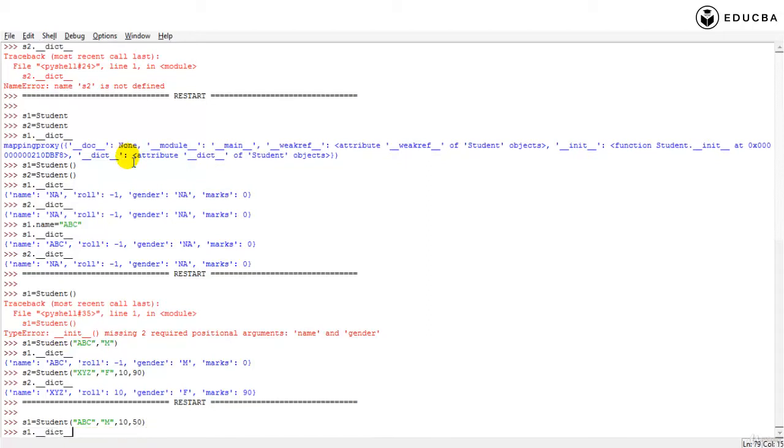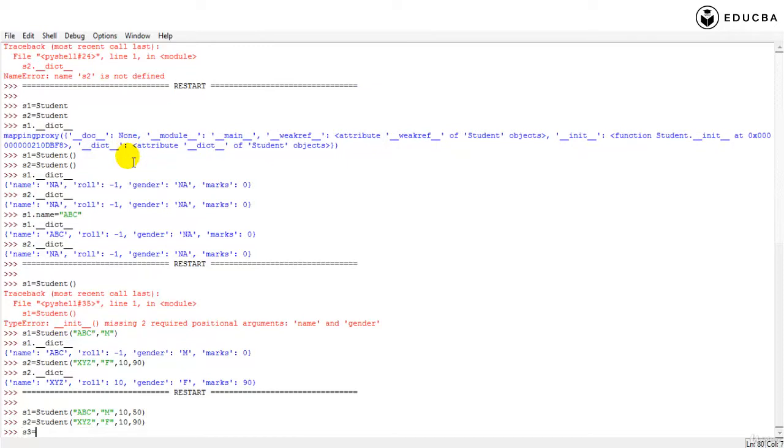Student S2 can be the one above, with 90. S3 can be somebody else, DEF, maybe male, and roll number is 12, and this one is 90.